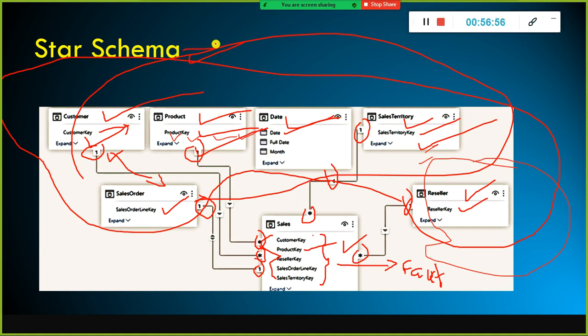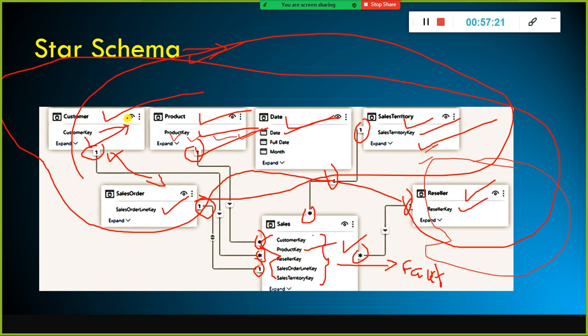This is one type of data model design. We have another type of data model design called a snowflake schema. I am not going to talk about the snowflake schema now because I don't want you to get overwhelmed by different terminologies. At this moment, I am going to limit my discussion around the star schema only.